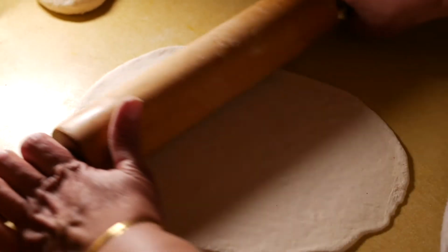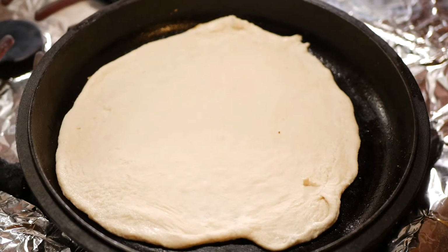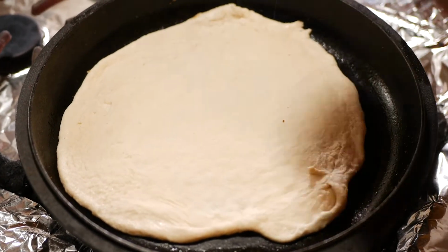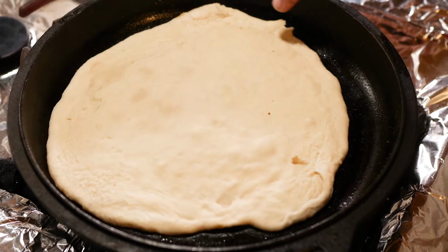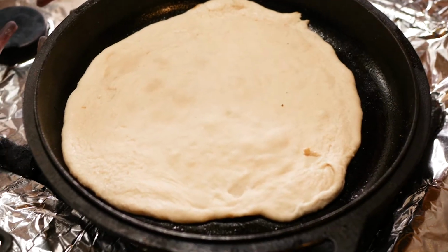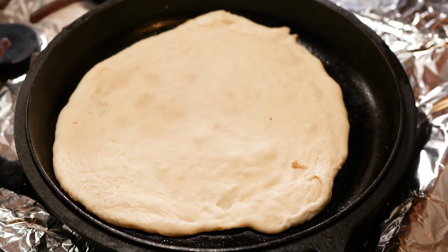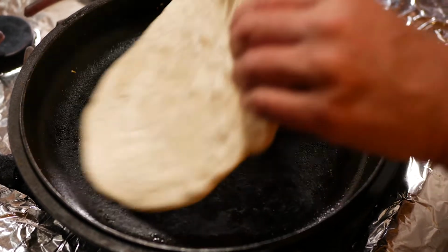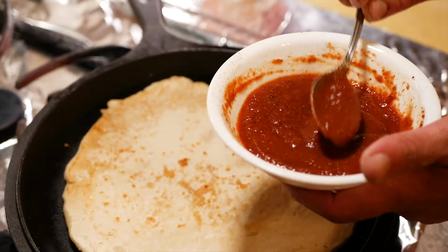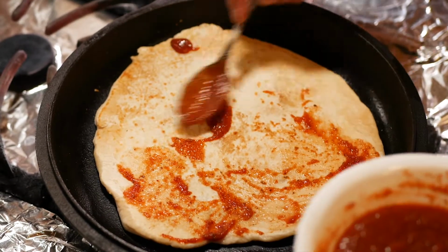We're using leftover dough from naan we made on Diwali. You can of course use store-bought naan if you don't feel like making dough. The main thing is having your naan on a greased cooking surface on medium-low heat. Once the naan surface begins to bubble, we're going to flip it and add some sauce to the top. Again, since these are lazy leftover meals, we're using a simple sauce. We've just taken 12 ounces from a store-bought pasta sauce, added a tablespoon of olive oil, and a quarter teaspoon